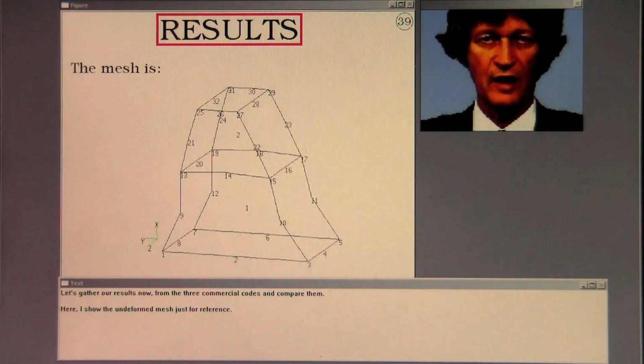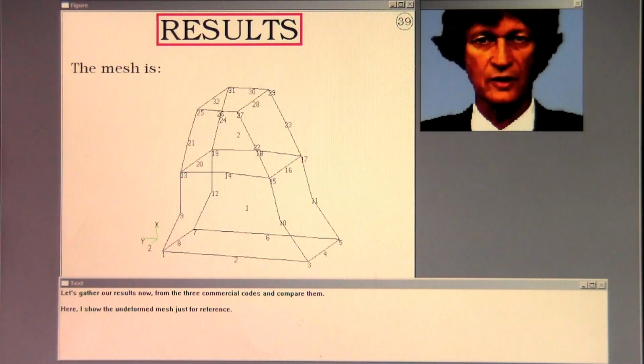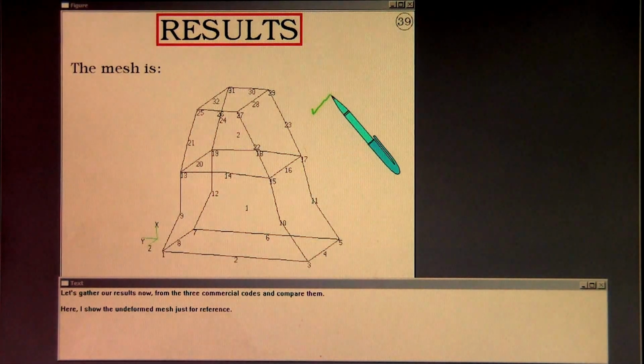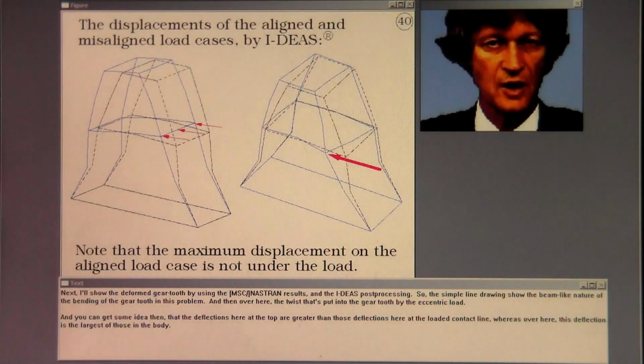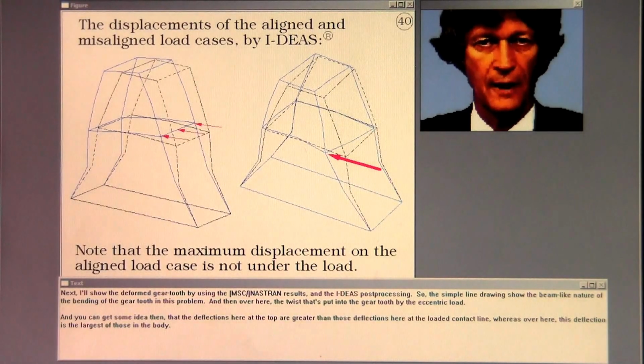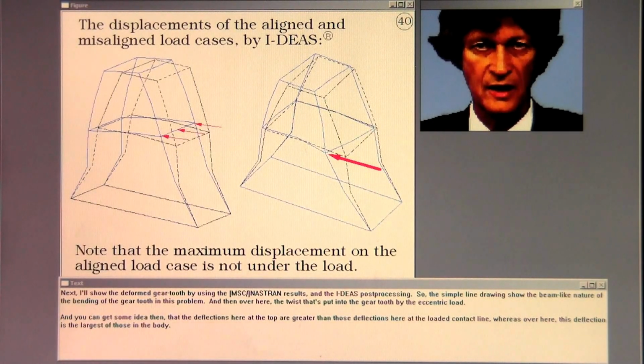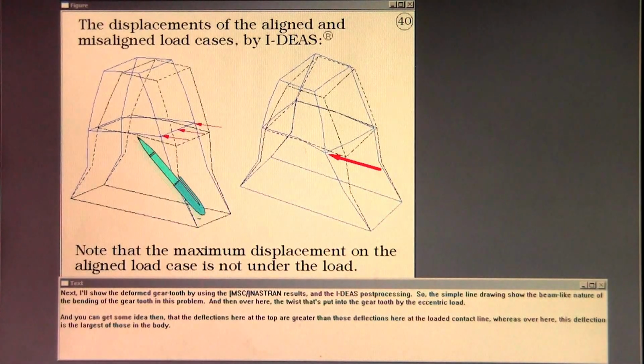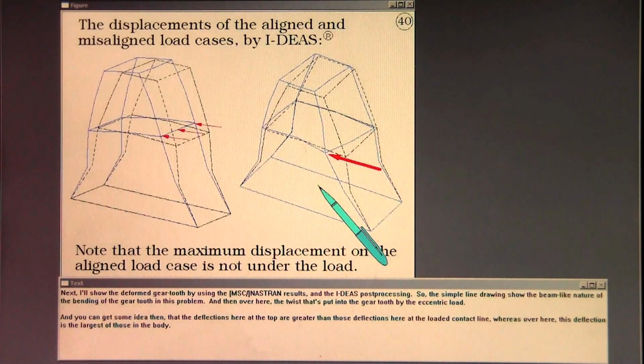Let's gather our results now from the 3 commercial solutions and compare them. Here I show the undeformed mesh just for reference. Next I'll show the deformed gear tooth by using the NASTRAN results and the I-DEAS post-processing. So these simple line drawings show the beam-like nature of the bending of the gear tooth in this problem, and then over here the twist that's put into the gear tooth by the eccentric load. And you can get some idea then that the